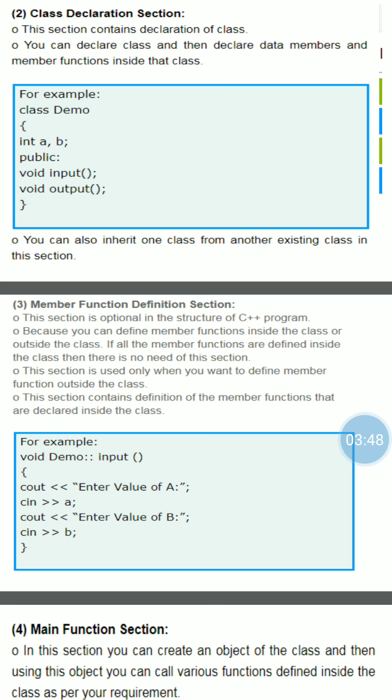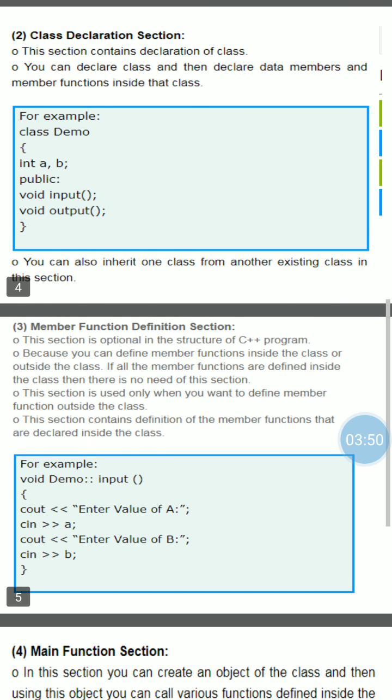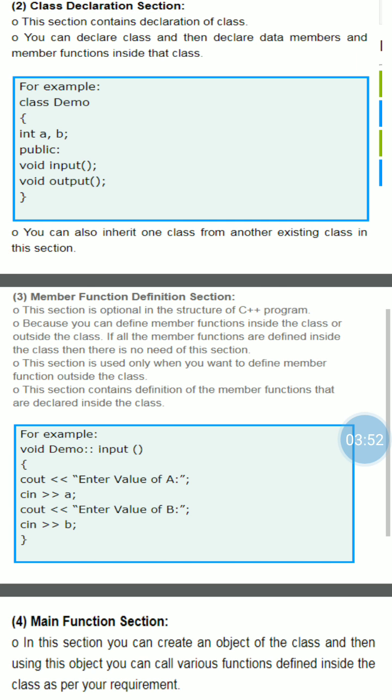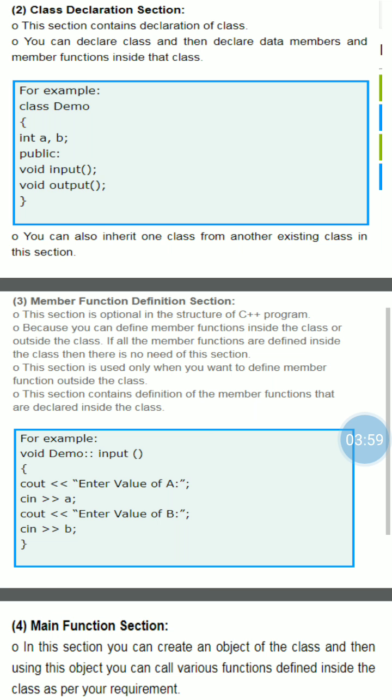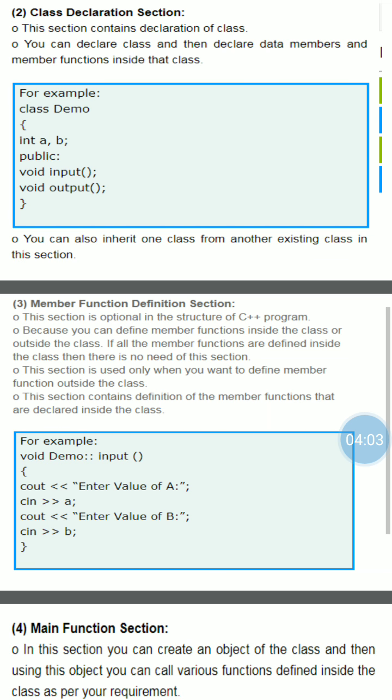Okay, take another example, that is class student, integer roll number, character name, float marks, character address, and then functions like get data and display.